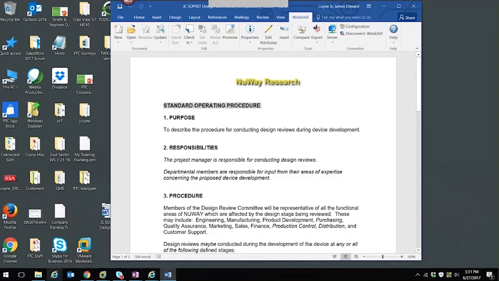So if I'm working on a standard operating procedure here, I'm at a point where I want to save it or check it in. If I have already checked it out of Windchill, I can check it back in. But if I just want to do a save here,